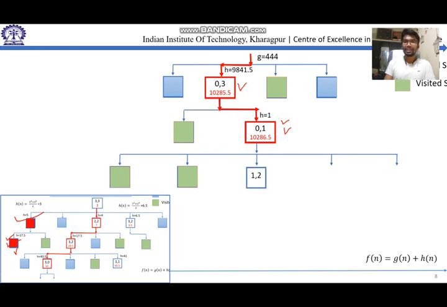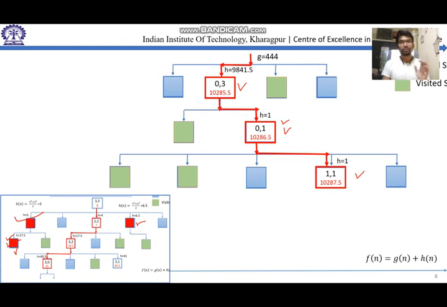Till this point, the A star algorithm and the SMA star algorithm are the same, but after this it changes. When it visited node 12, it will eliminate those nodes which have the maximum function value. So I will eliminate this particular node, and then I will store the information for this particular node. So for this 0 3, it will eliminate this particular node, and then for the 0 1, it will eliminate this particular node.